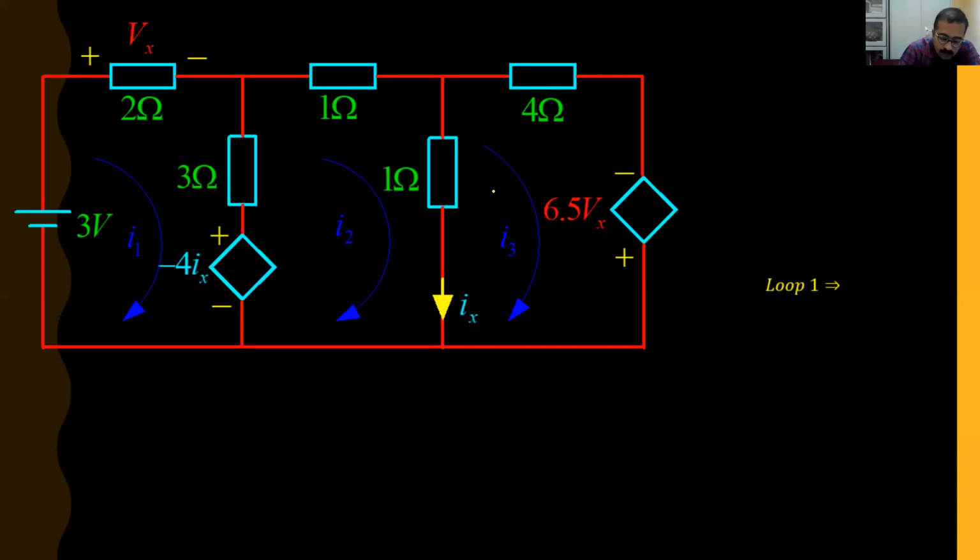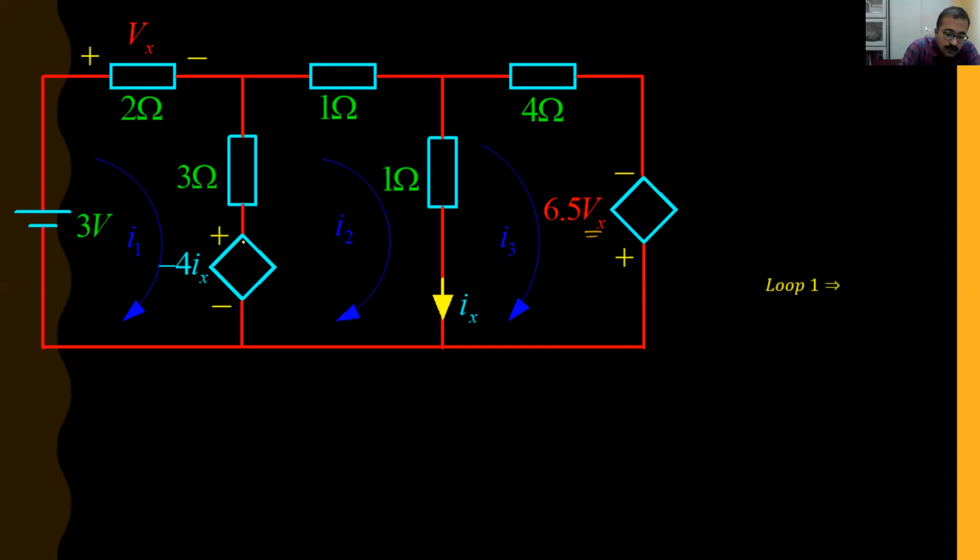Now, this is a current dependent voltage source here. How did I recognize it is a voltage source? Polarities are given. And it is dependent on current Ix. What is Ix? Ix is this current. So this is a current dependent voltage source, whereas this is a voltage dependent voltage source. Why? Polarities are given, so I know it's a voltage source. It's a diamond shape, so it should be a dependent voltage source. On what does it depend? On the voltage Vx. Where is Vx? Vx is the voltage across 2 ohm. So this is a voltage dependent voltage source and this is a current dependent voltage source.